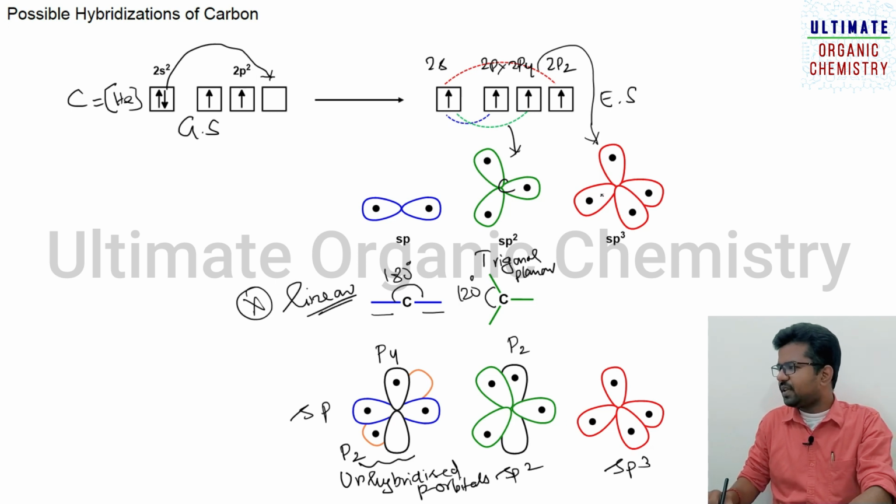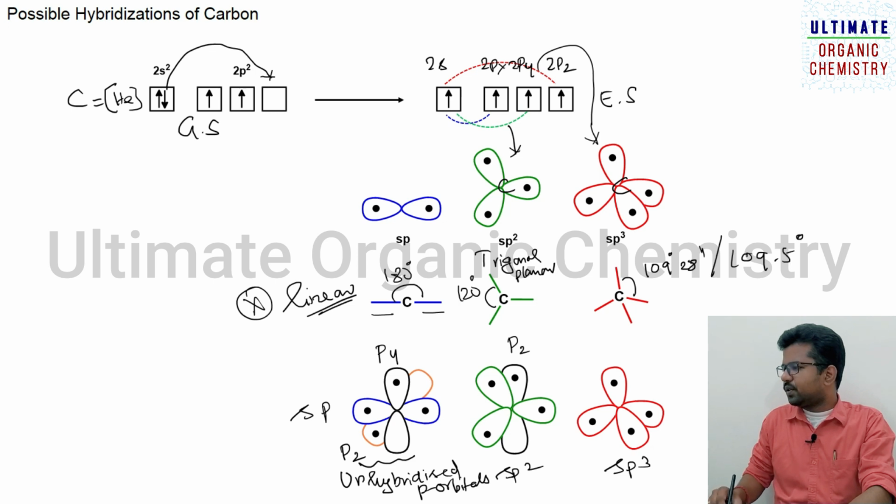So if you happen to check here, this is a central atom. Here you have four different bonds, so that has been drawn in this way. So this is the bond angle 109 degree 28 minutes, otherwise known as 109.5 degree. So that geometry is tetrahedral. So one must know this.